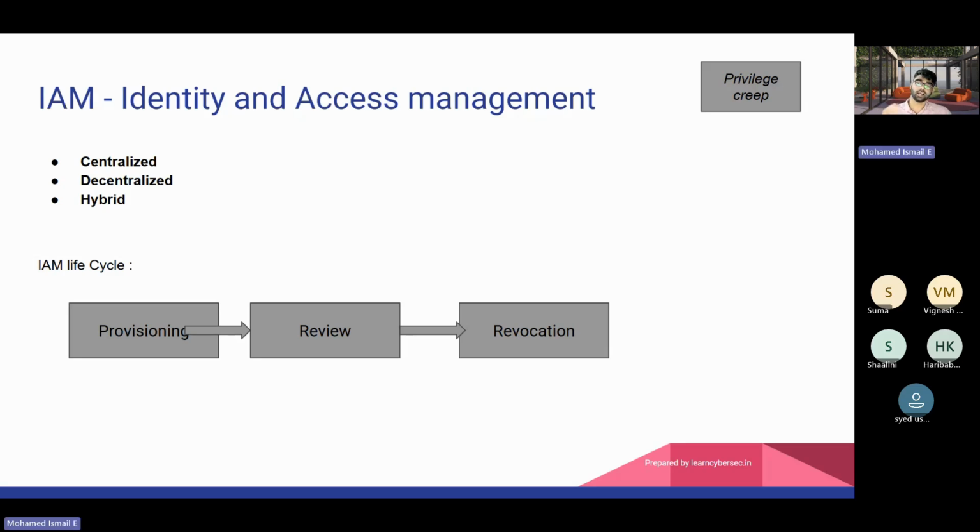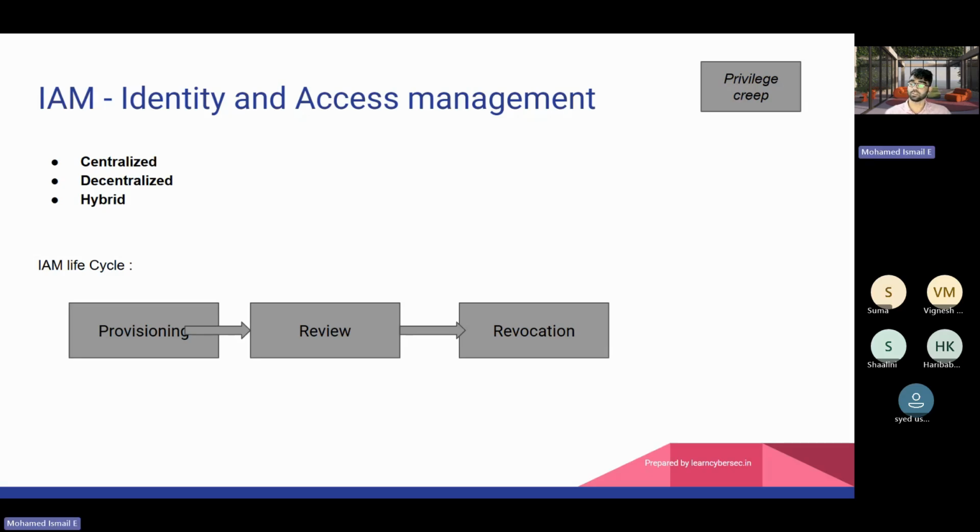When it comes to centralized, it combines onboarding and employee resignation, separation, or deboarding. For example, someone resigned from the Bangalore office, someone resigned from the Chennai office. The request goes to the administrator who is managing all the locations centrally. He acts upon the request, removes the user or, for a joining, adds the user into the user identity and access management system. That is centrally managed. That is why it is called centralized